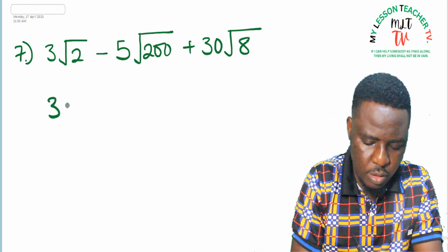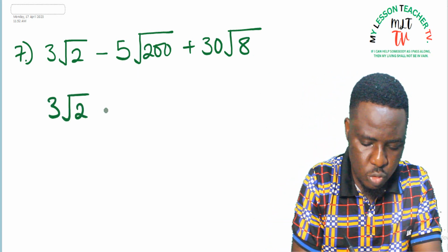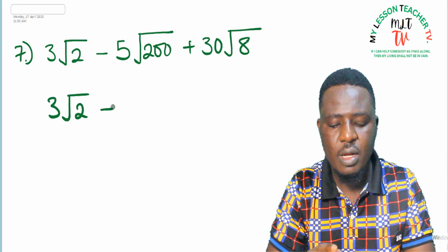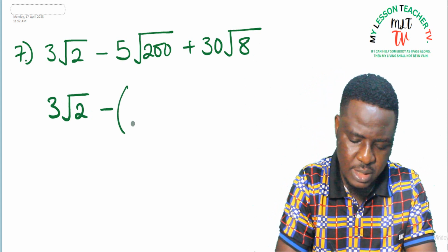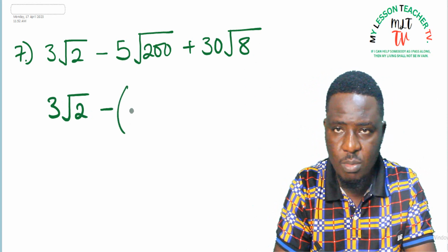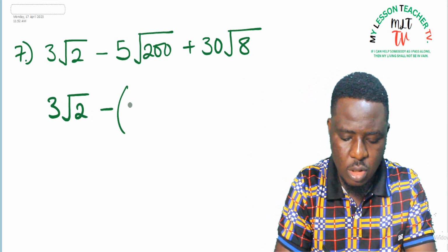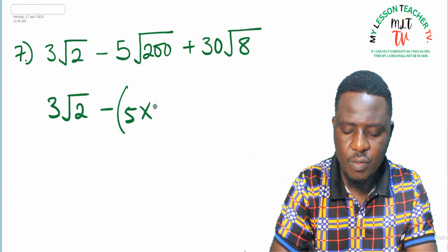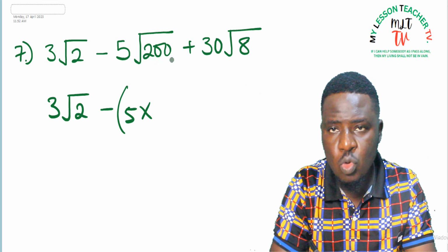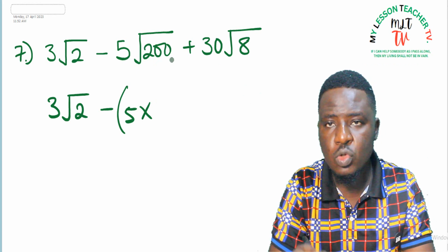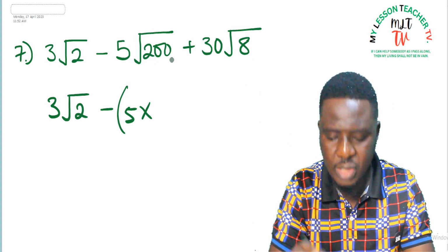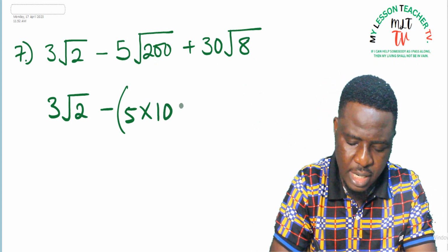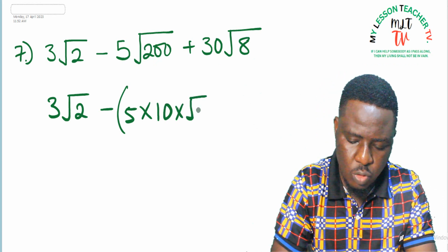So this gives us 3 root 2 minus 5 root 200. 200 can be expressed as this. Please, I'm going to be cutting short some of these expressions. 5 times root 200 can be expressed as root 100 times root 2, and root 100 is said to be 10. So this becomes 5 times 10 times root 2